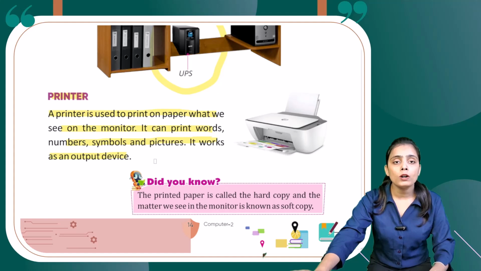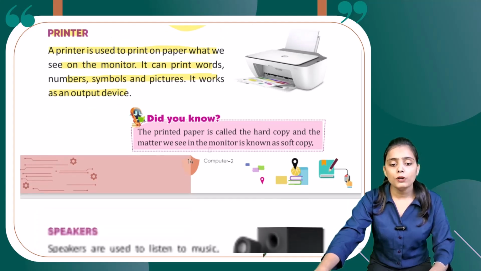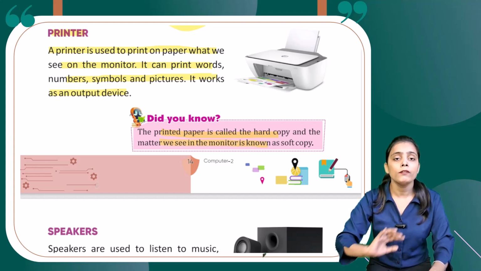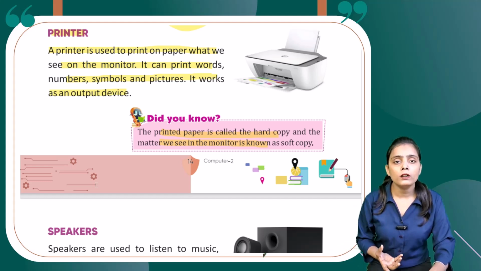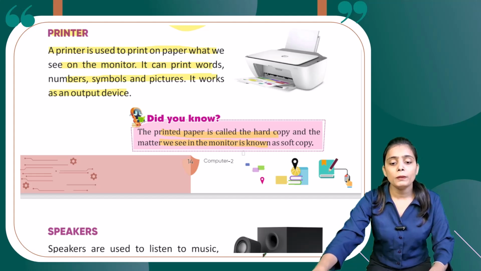And we also call a printer an output device. What does it call? An output device. Now, did you know the printed paper is called the hard copy, as I told you, and the matter we see in the monitor is known as soft copy. So, whatever matter we are looking at on the computer screen monitor, we call it soft copy,